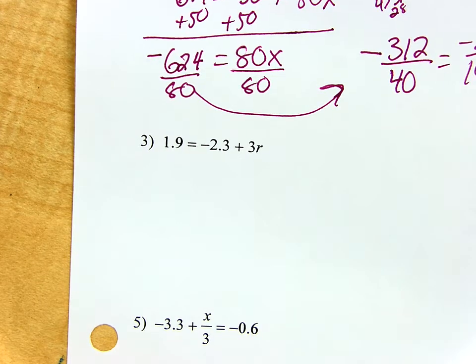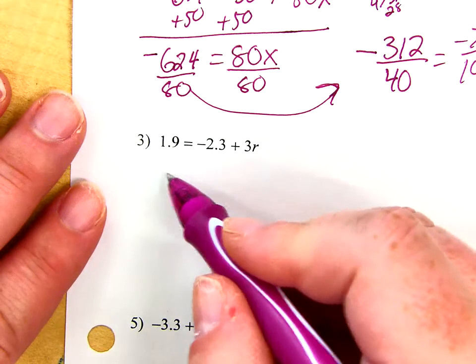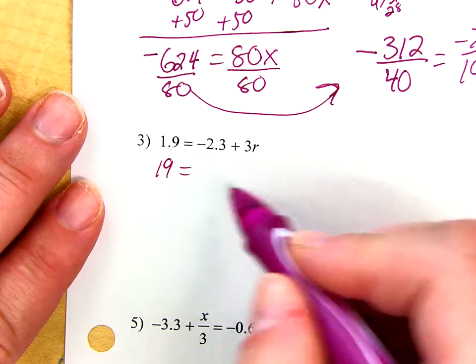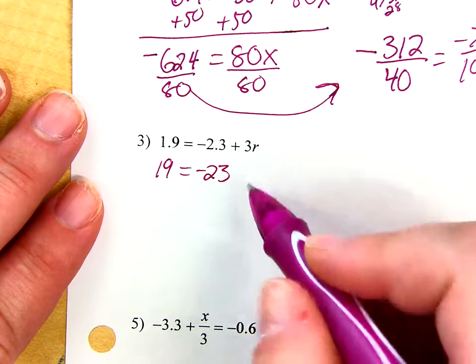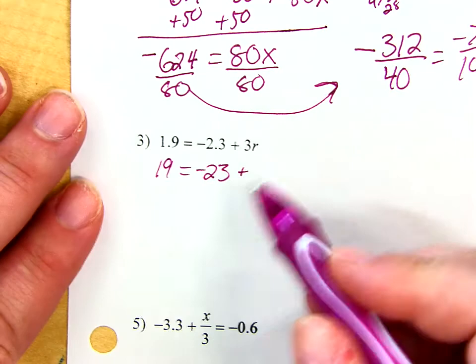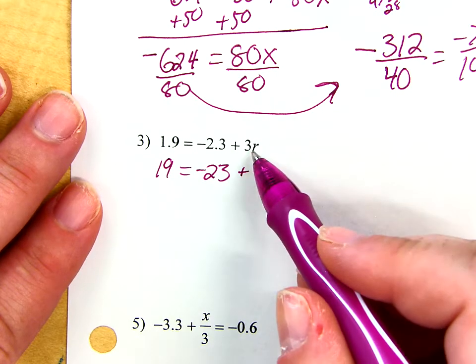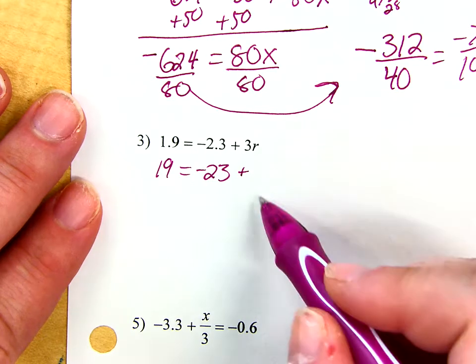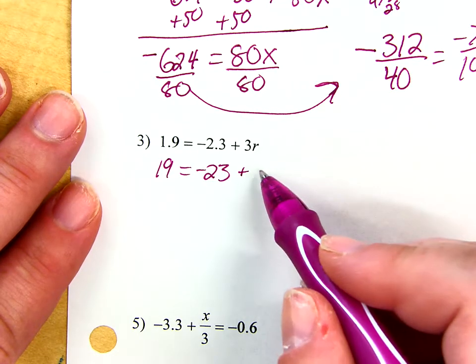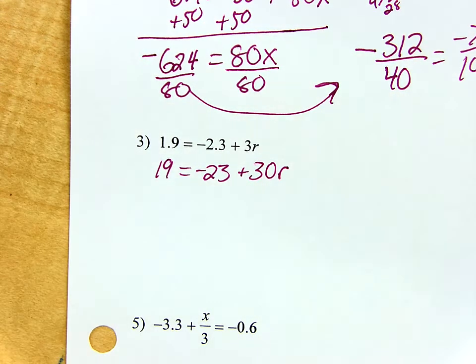Alright, if I have to move it over 1 decimal place, Miss Avia, what's the big deal? It's just 19 equals negative 23 plus 3r, right? No! Where's the decimal right now on the 3? Behind it. So if you move it over 1 place, this new number is now what? 30. Look at your paper. If you just have 3r and not 30r,